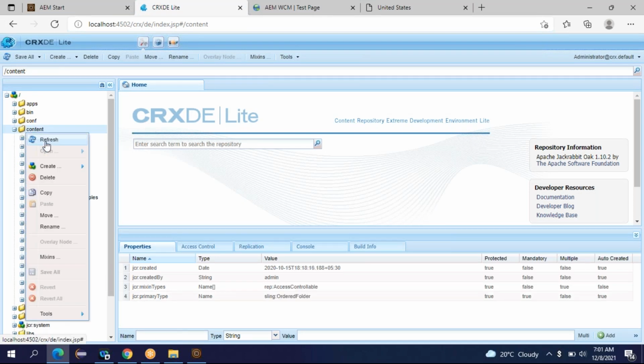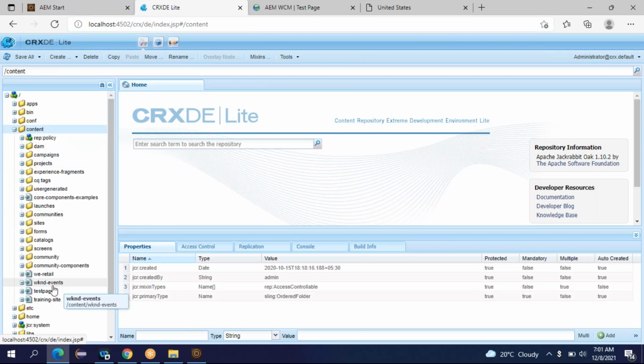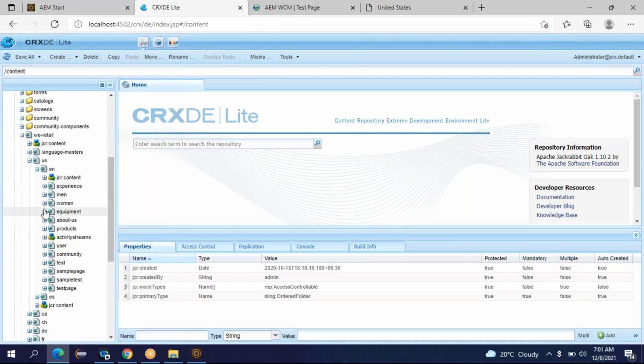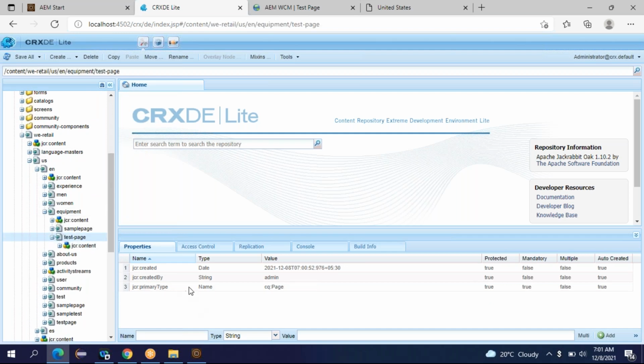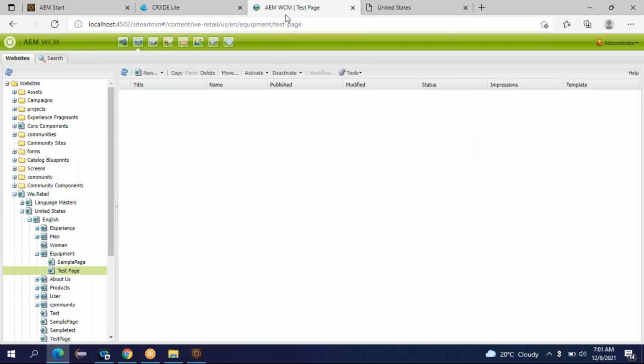I'll simply refresh it. The page was created under equipment. Go to W retail, US, EN, equipment. So this is the page. This is the page which I created just now using the site admin console.